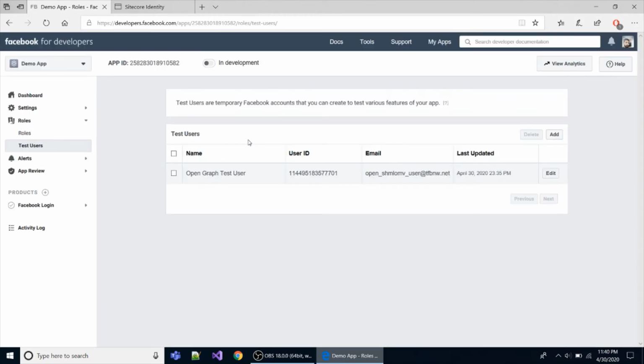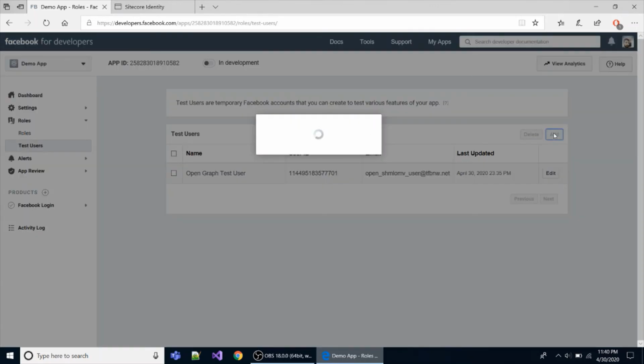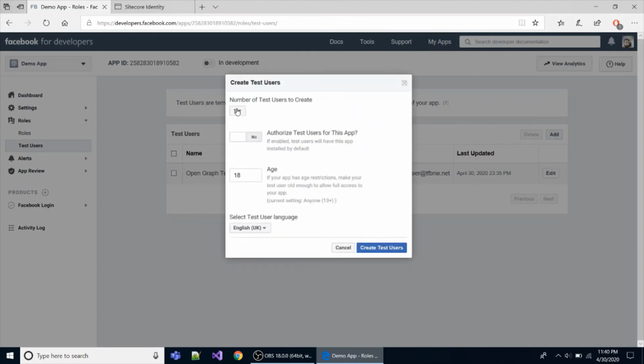In case we don't have multiple Facebook accounts, what we can do is click on this Add button here, and it will give us four test users. Up to four test users we can create. Click on Create Test Users.